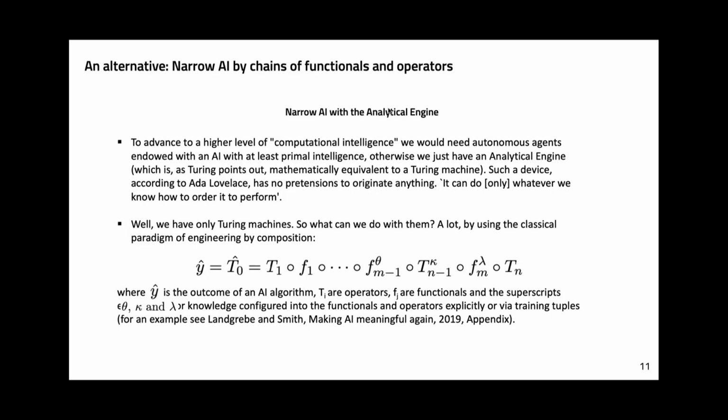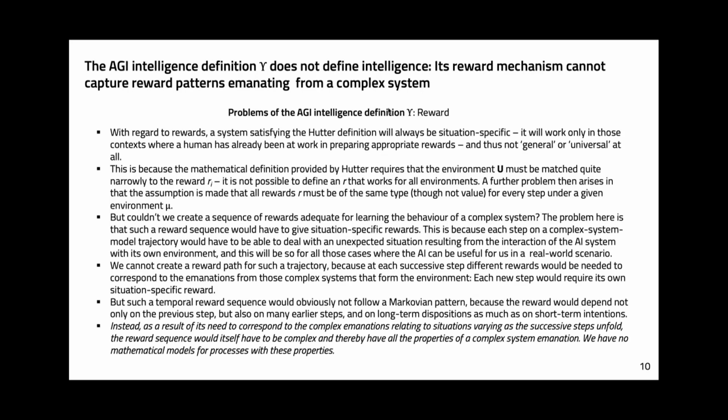And with this, Barry, you had a question before I go to the narrow AI. Yes, so I have a number of questions now, unfortunately. What would Legg-Hutter say to the following objection? You define intelligence as the ability to achieve rewards in a wide range of environments, but AlphaGo can only achieve rewards in one kind of environment, which is the Go board. So it's not a wide range at all.